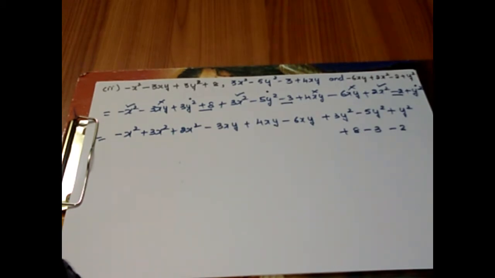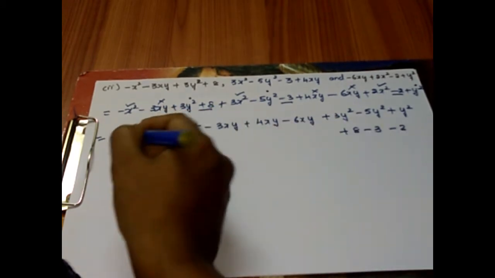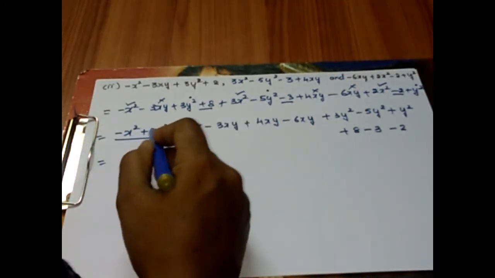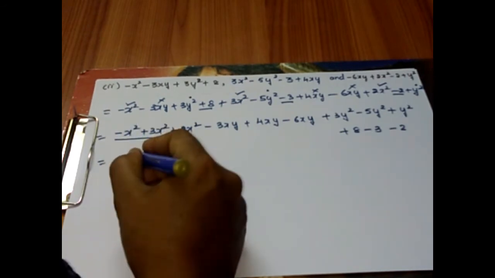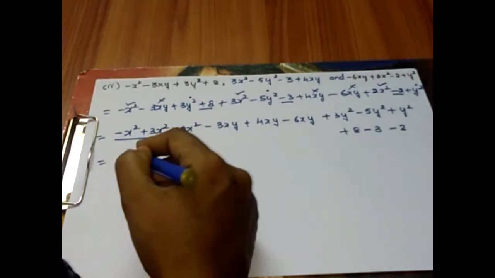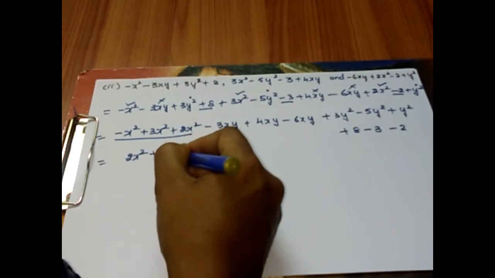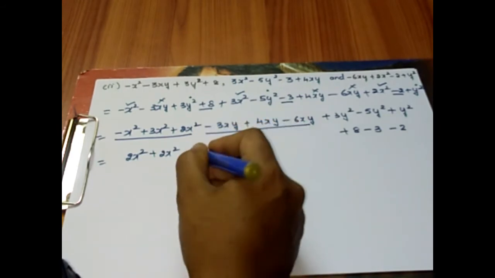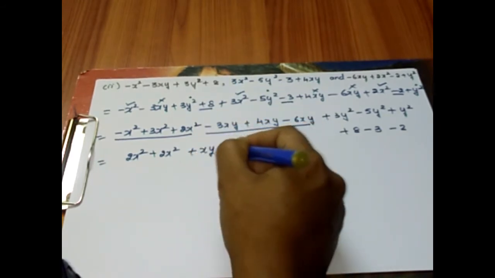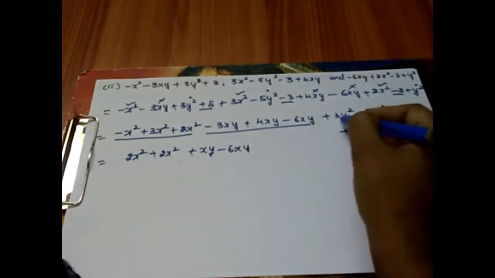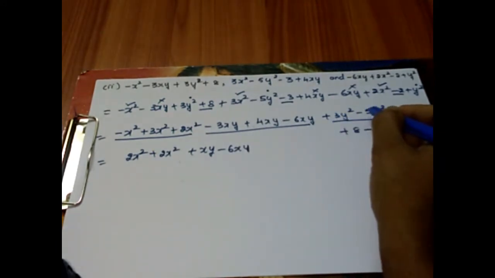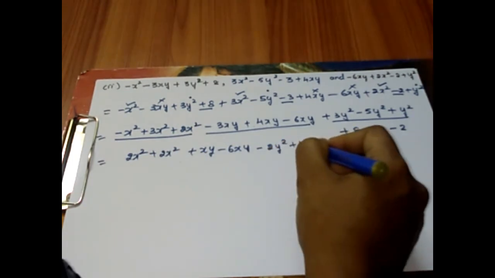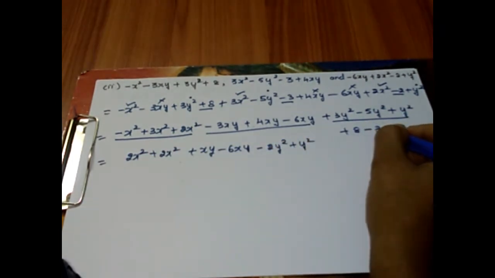Now try to simplify the like terms. So here I have minus x square plus 3x square. So 1 plus 1 minus, the solution is 2x square, greater number is 2. So let me carry the third term. Now in this case 1 minus 1 plus, subtract, greater number is plus, so it is plus xy, carry the third term as it is. Here 1 plus 1 minus, subtract, greater number is 5, so carry the minus sign. So plus y square. Here 1 plus 1 minus, subtract.